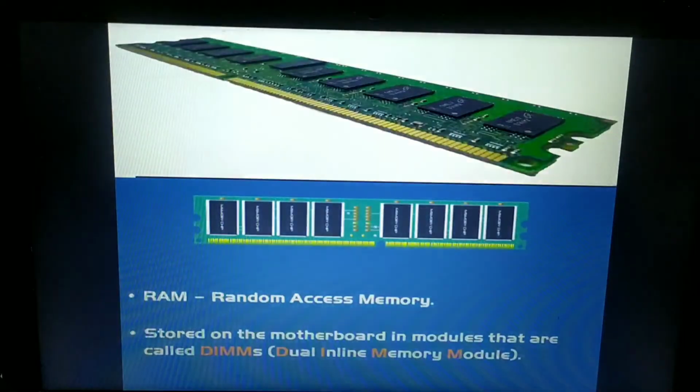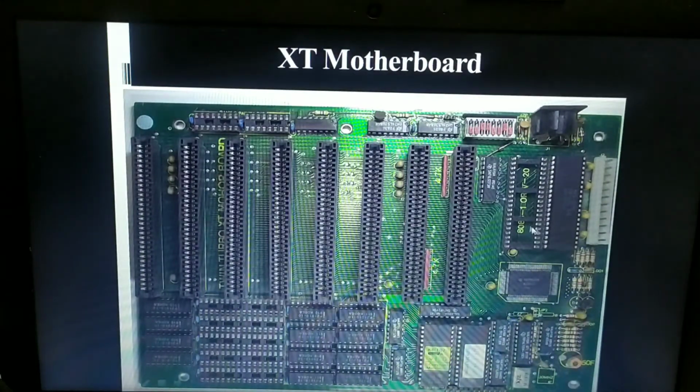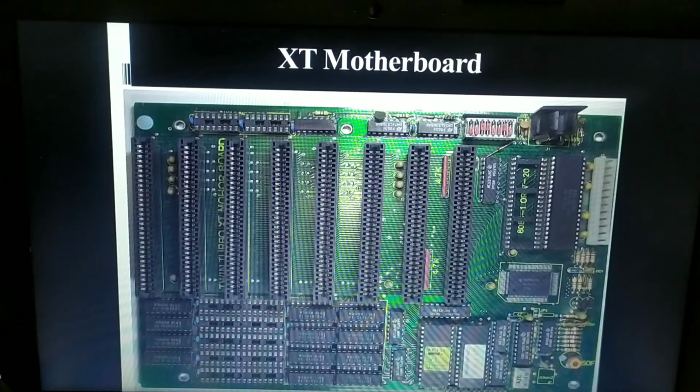So therefore this XT motherboard is one of the oldest forms of the motherboard, which consists of low insertion force socket. It consists of RAM, but what kind of RAM? Dual inline memory modules. It will consist of ISA, that is industry standard architecture slots, which are used to connect the modems, and it consists of the 12-pin power connector, and it is not having any kind of ports. That means you can see there are no external ports attached to your motherboard.